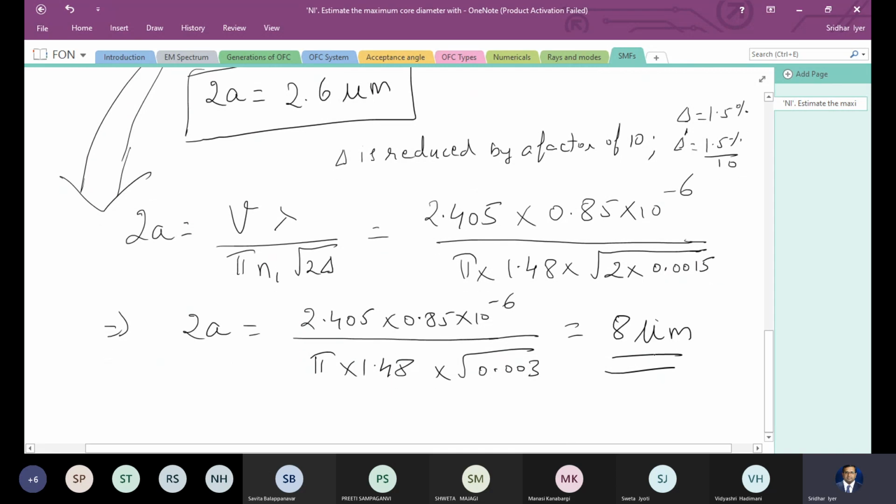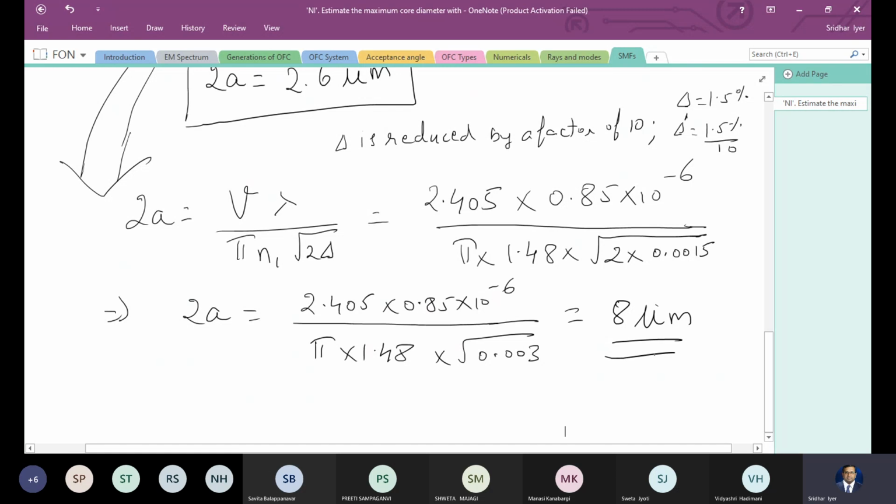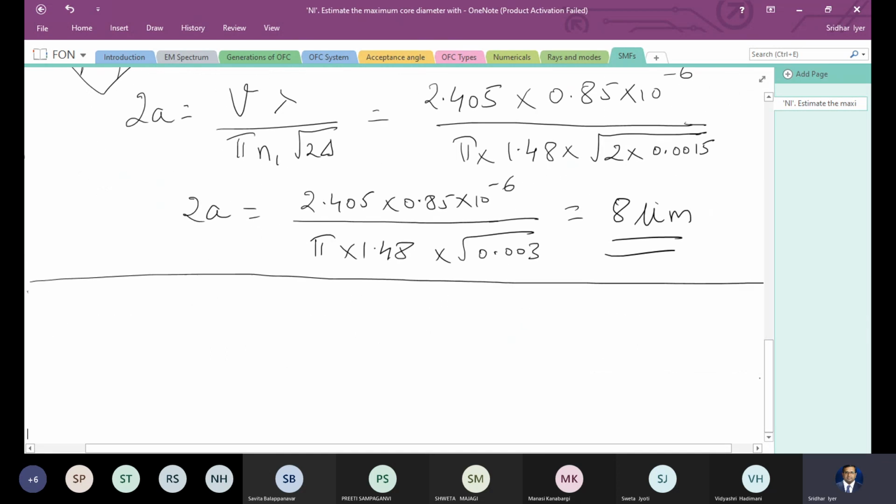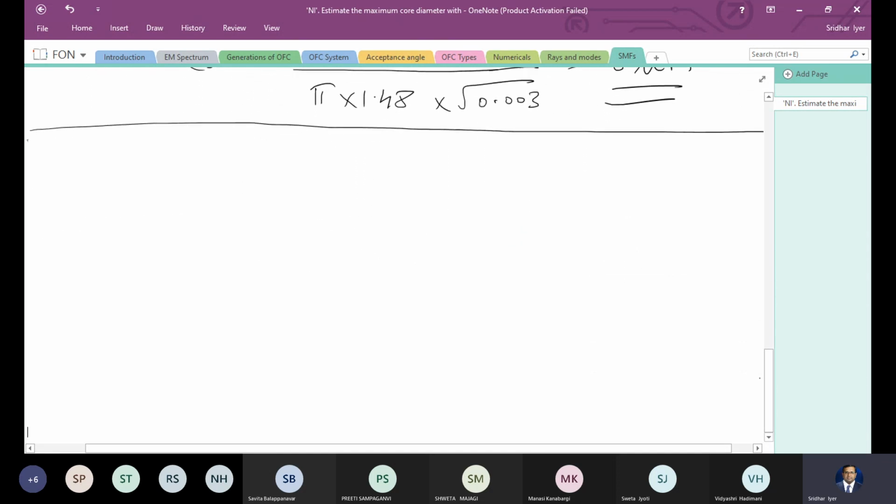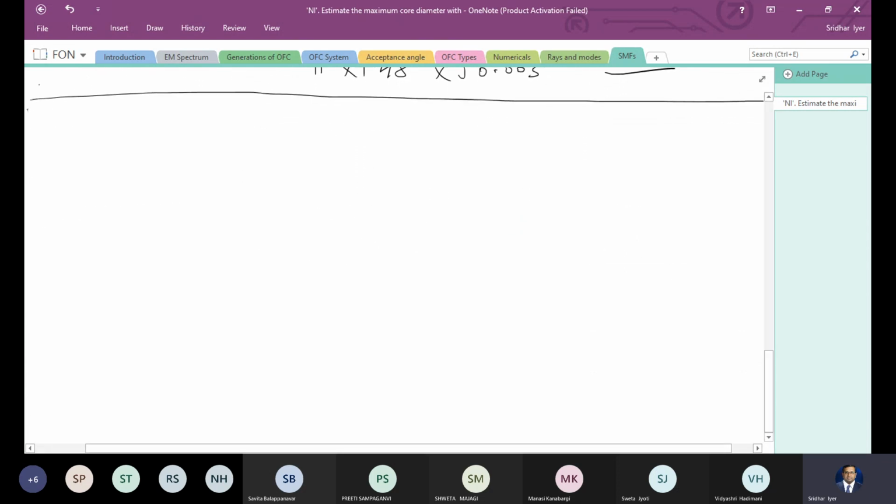Whether you can generalize this or not, that we will see later on, but this is what has happened in this particular numerical. So basically these numericals are just about using the right equation and getting the calculation right. Only thing is there will be some catch in the numerical which you need to identify after reading the question. Okay. Now let's look at another numerical.